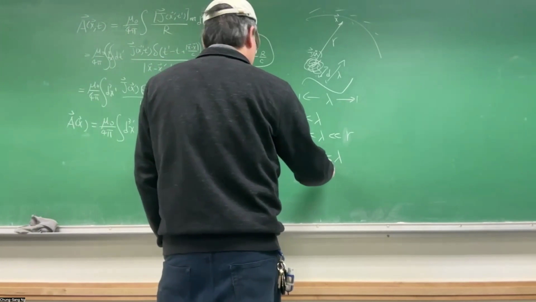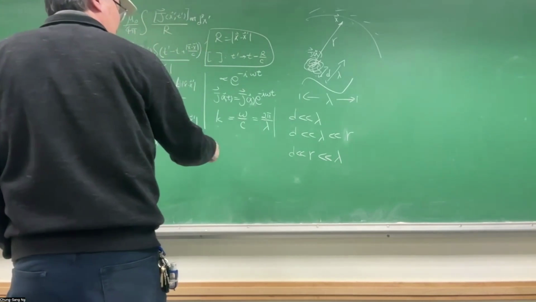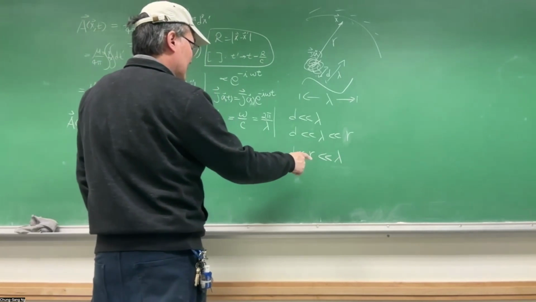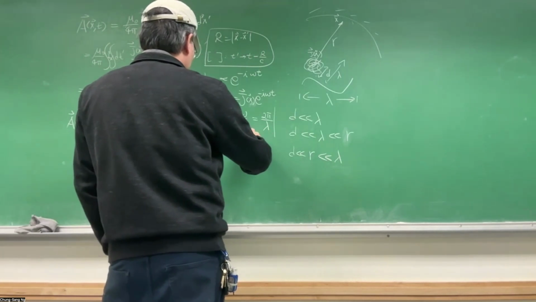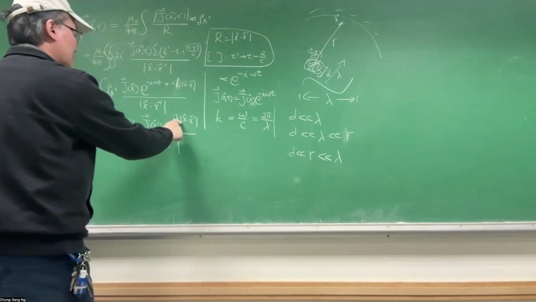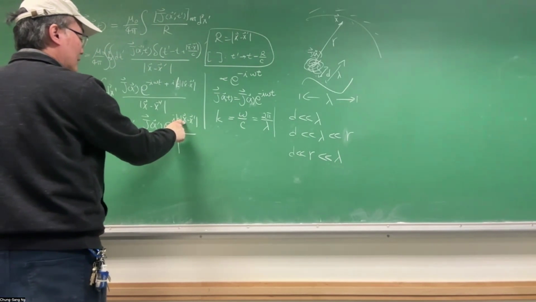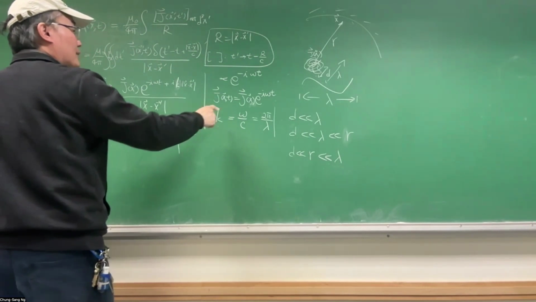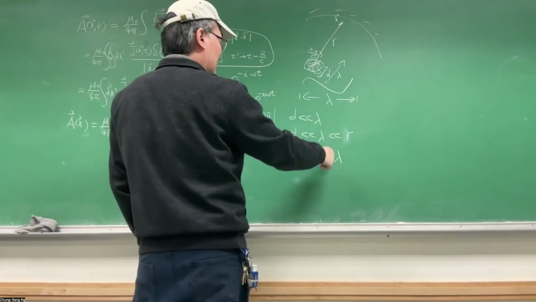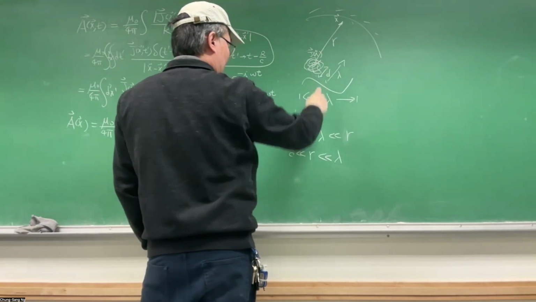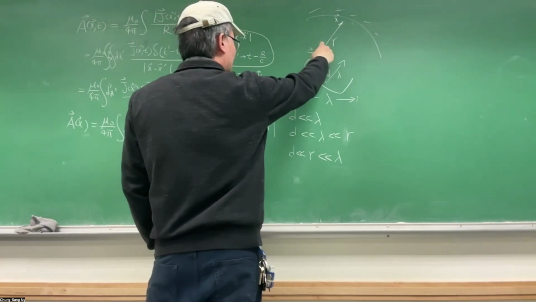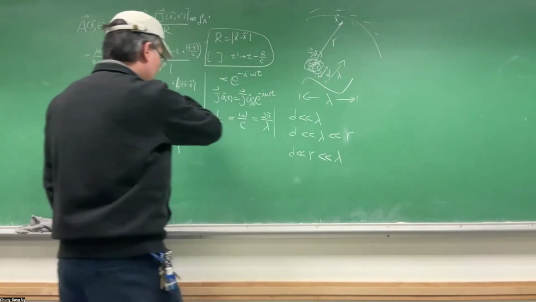In this case, you're integrating over x prime. So x is R, so basically R is within lambda. R is outside of the source, but